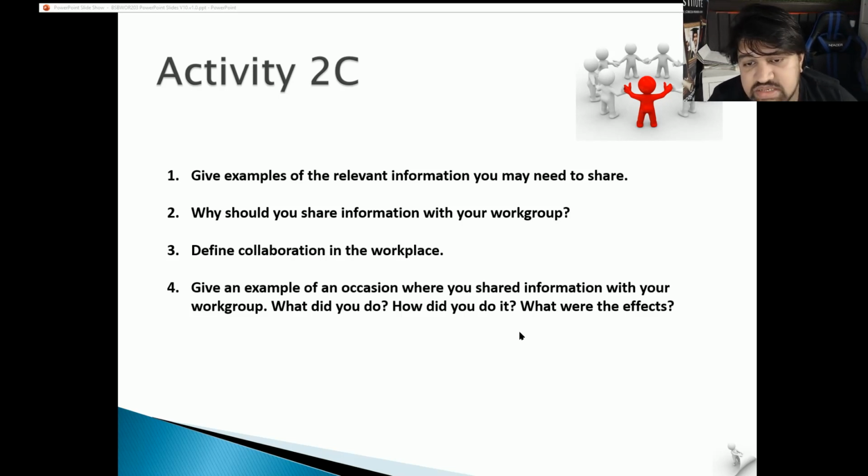Number 4, give an example of an occasion where you shared information with your work group. What did you do? How did you do it? What are the effects? So if I was asked about my work group, we're always talking about how our sales are going, how our customer reviews and complaints are coming. So those are really connected with each other. So if we're having a bad week, it really affects us as the customers, if they're giving us bad reviews, we can essentially see